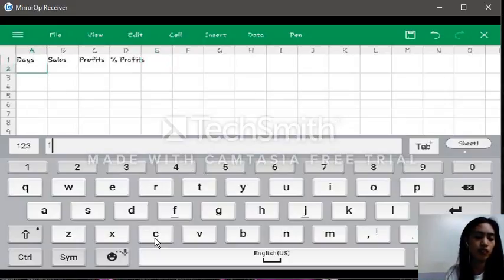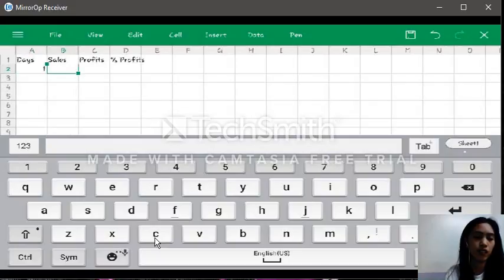For day 1, enter the sales, let's say 3,000. Click Tab, and for profit, let's say 2,950.